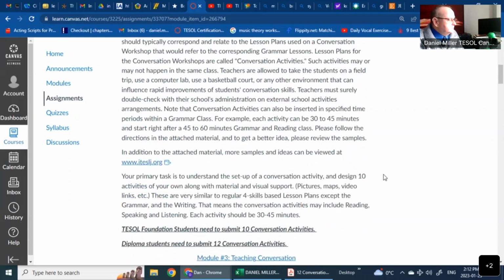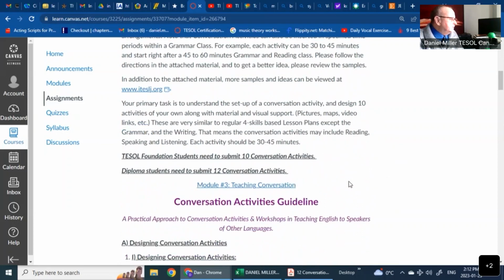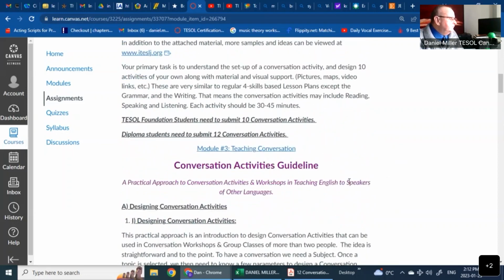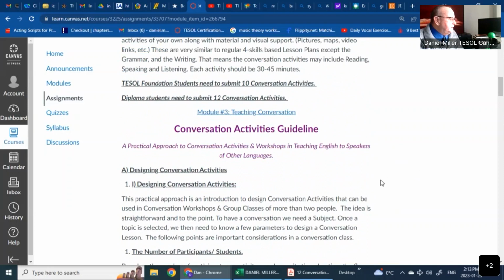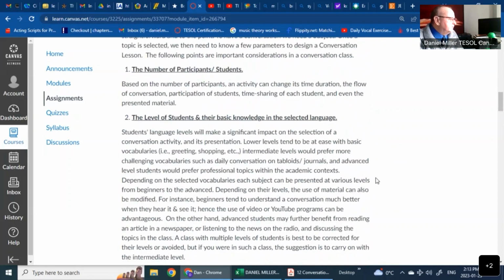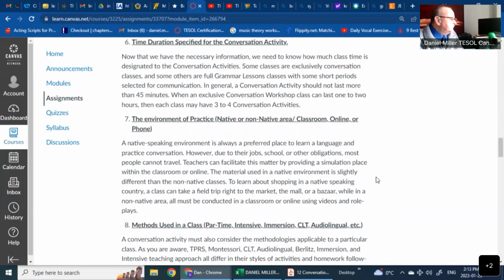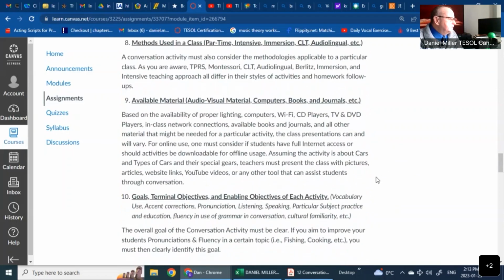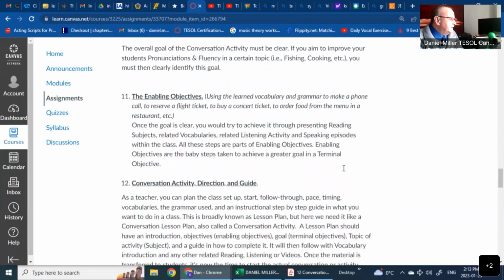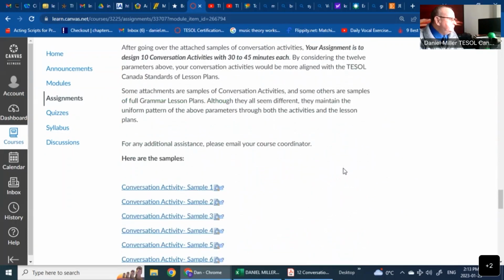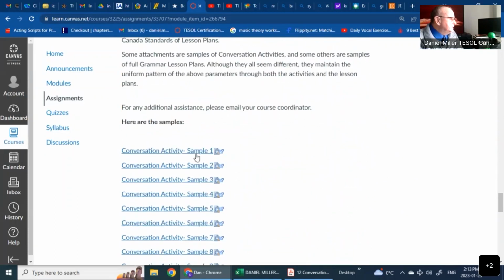Well, I'm suggesting that the samples don't give you a very good idea because these are old examples from pre-pandemic days. And now that we have had the experience of going online with education, I'm going to suggest that education is going to include